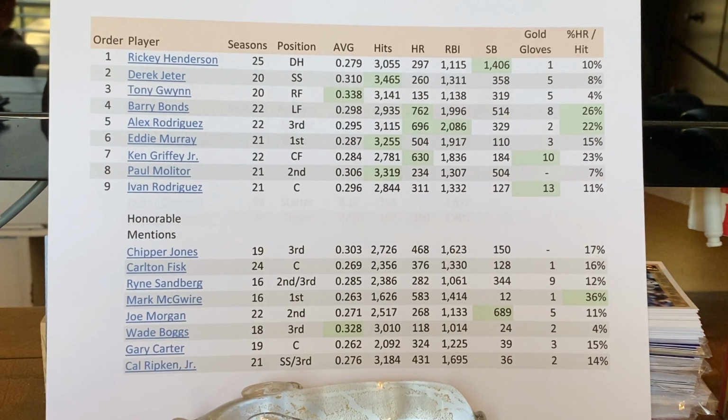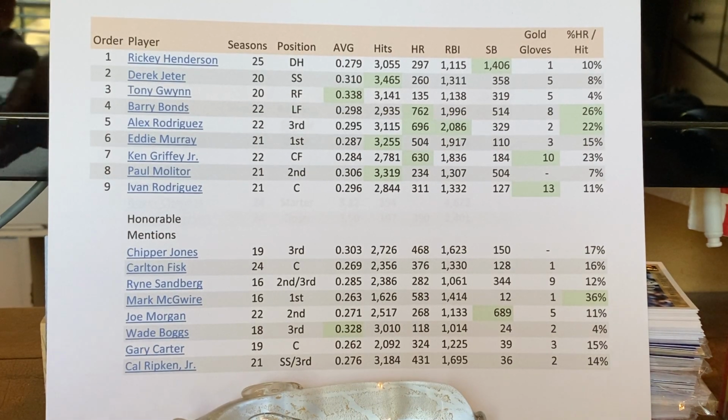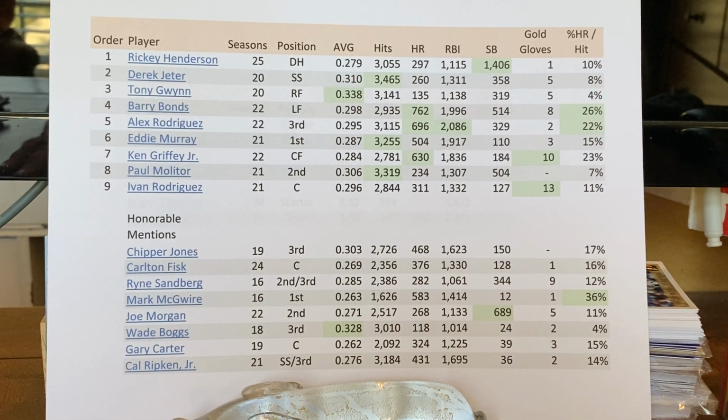The reason I chose Paul Molitor as my second baseman over some that you'll see coming up is just because of the number of hits he had and his all-time average of .306. Guy had 3,300 hits. I mean, that's just phenomenal. And then, obviously Tony Gwynn with his average, Derek Jeter with the number of hits he had, and Rickey Henderson with his 1,400. And then Ken Griffey Jr., I mean, the guy was hurt the last quarter of his career, but he